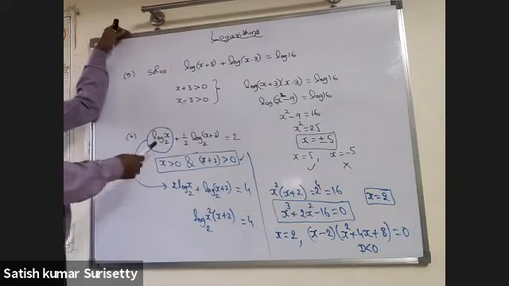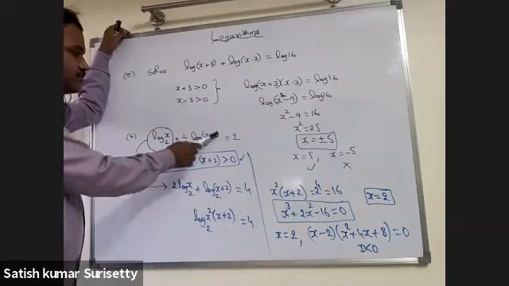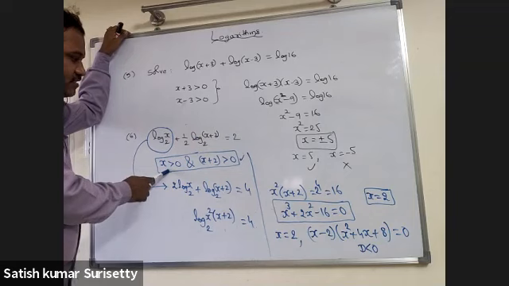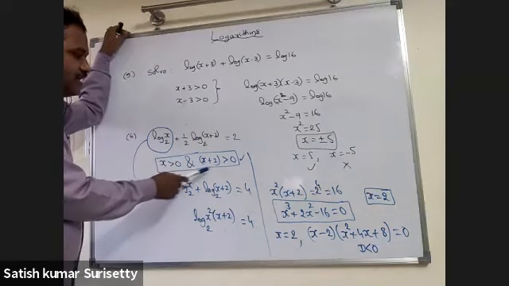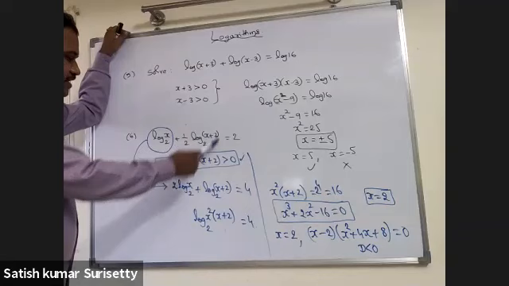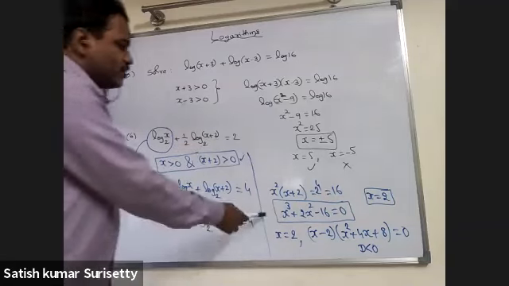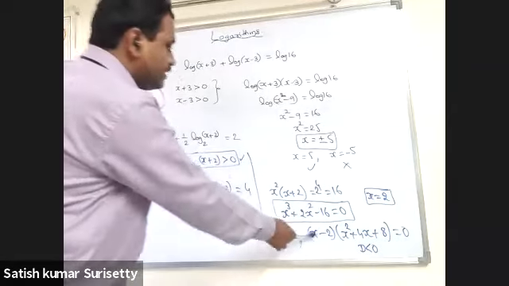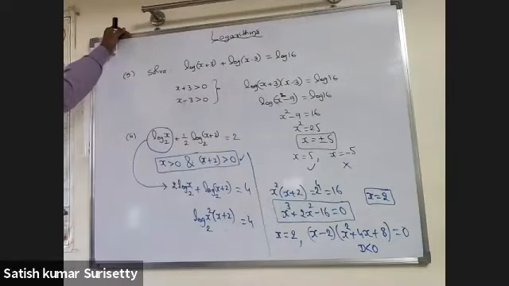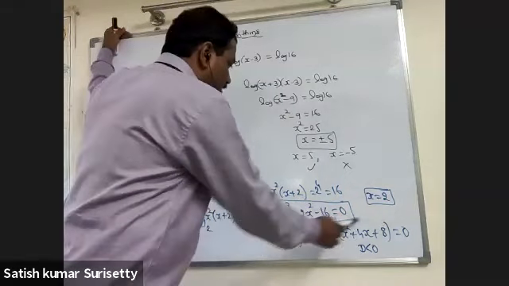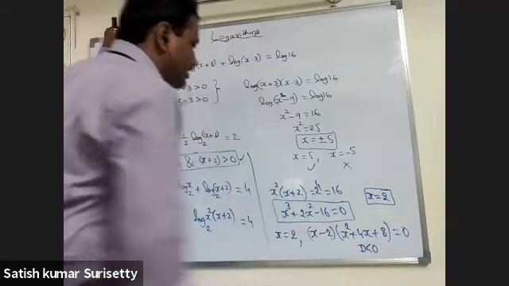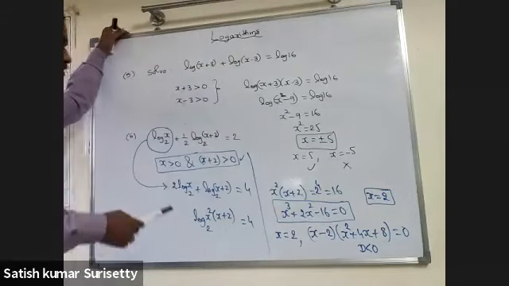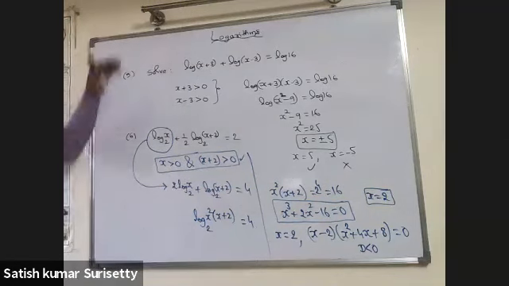So for the problem, log x base 2 plus 1 by 2 log of (x plus 2) base 2 equal to 2. Condition for the first term is x greater than 0. Condition for the second term is x plus 2 must be greater than 0. Now if I take LCM and simplify, then you will get a cubic equation. Identify one solution which is satisfying, then apply either synthetic division or normal division to get the quotient. Now this will be a quadratic which has no real roots because the discriminant is less than 0. So the only solution is x equal to 2. Again we need to verify whether x equal to 2 satisfies these conditions or not.